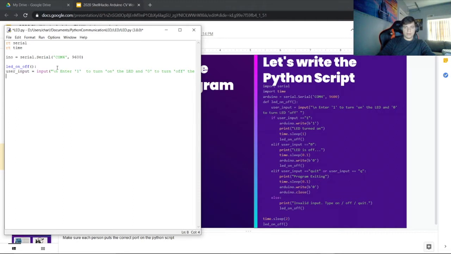Okay. So after that, we are going to make an if statement. This if statement is going to check to see what it is that the user inputted. If the user inputted 1, then it's going to communicate that 1 byte to the Arduino, and then from there the Arduino is going to turn on the LED. So yeah, if user input equals 1, then